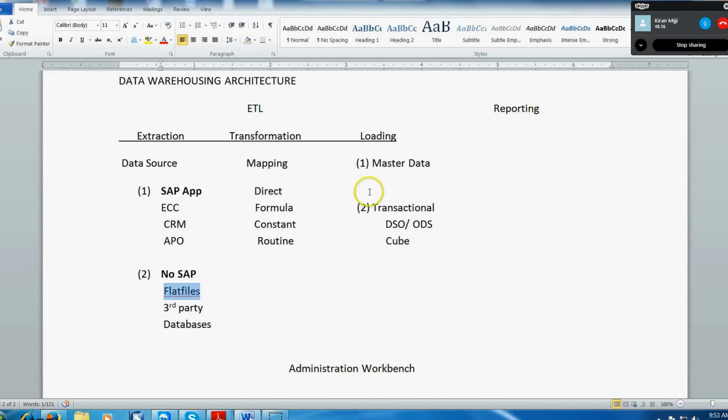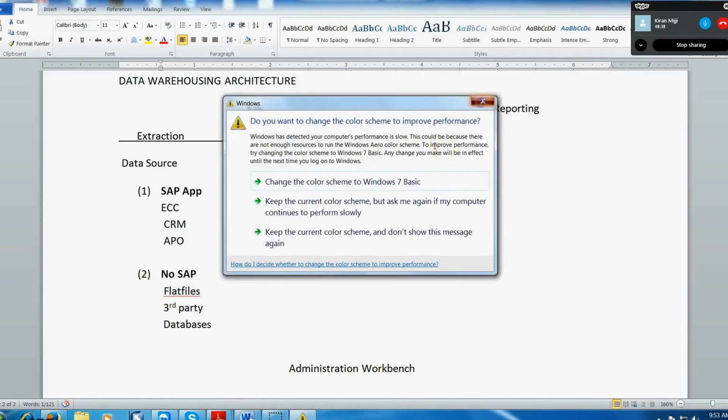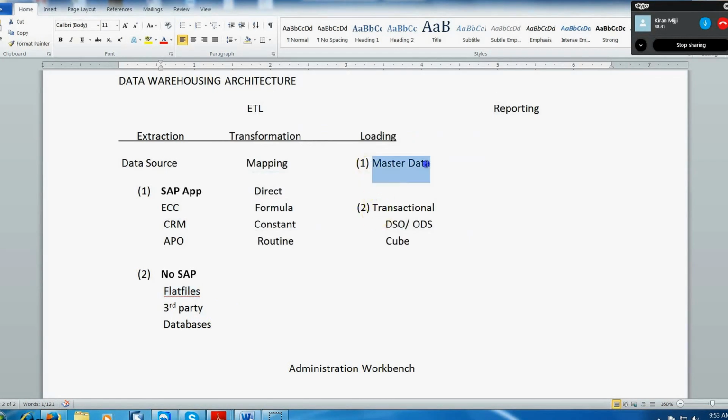So we have to decide whether the data is going to come into master data or transaction data. If it's coming to master data, we map it to master data; otherwise, transaction data. How we decide whether it's master data or transaction data will be discussed in the coming sessions. In transaction data, we'll have two options. Either we'll load the data into a DSO or a cube. DSO or ODS are two names for the same concept, that is called data store object or operational data store. And then we have cubes.